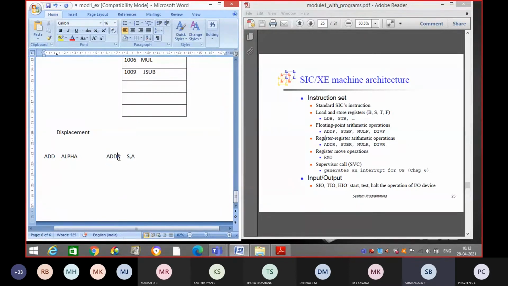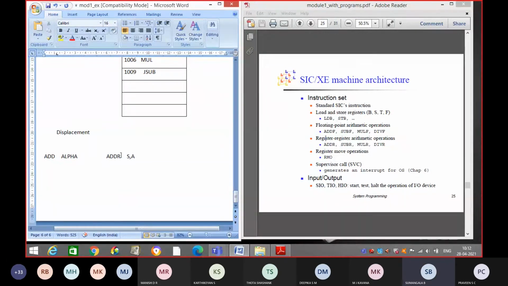Which are those registers here? S comma A. We are using one register S, and one register that is nothing but A, the accumulator. At that time you will not have a memory location like add alpha or beta or gamma. You will not specify a memory location in which the operand is present. If you specify R, obviously the two operands must be registers. Is it clear?